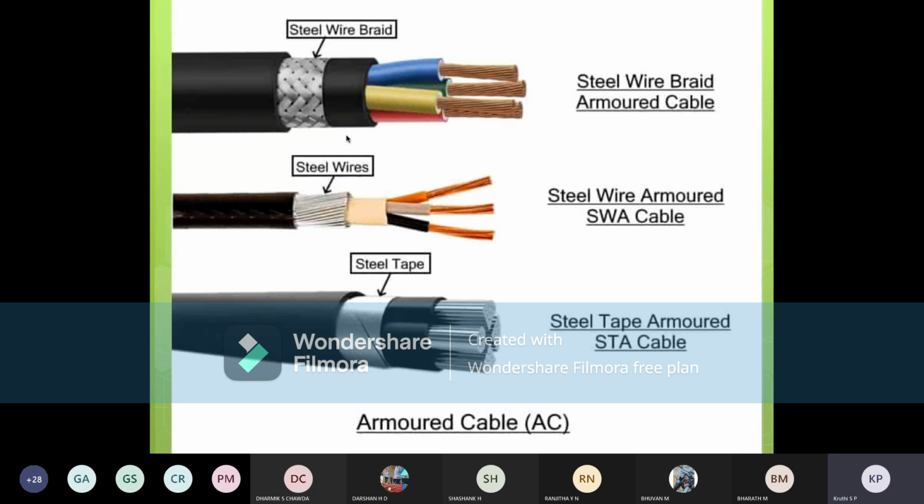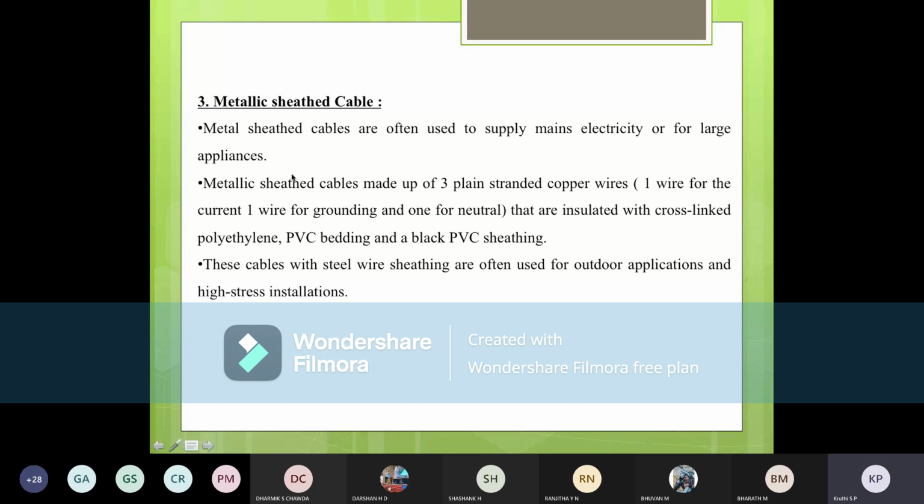Now, similarly, if we think about metal clad, this is the AC cable. If you think about MC cable, it will have a steel or aluminum armor used for phase wires and ground wires. This will be used mainly for direct burial in wet locations, but they have to have a protective PVC outer shield. See, this is a metallic sheathed cable made up of three plain stranded copper wires, one wire of current, one wire of grounding, and